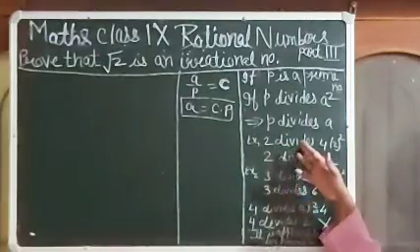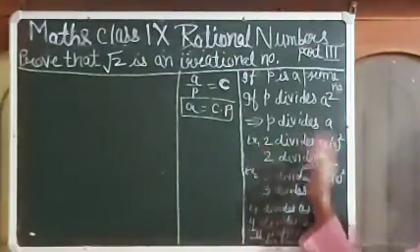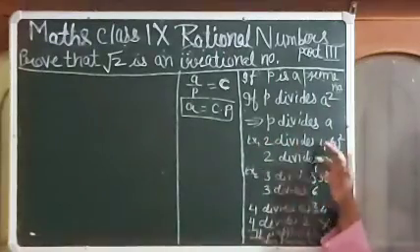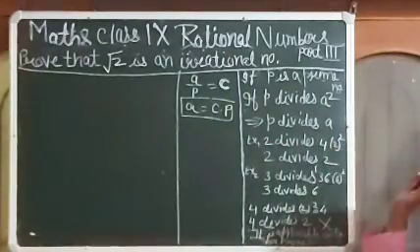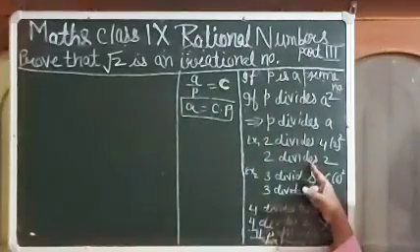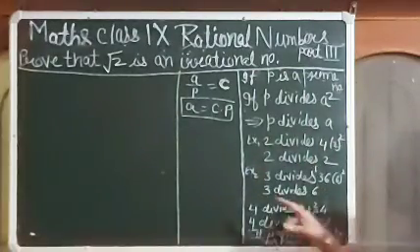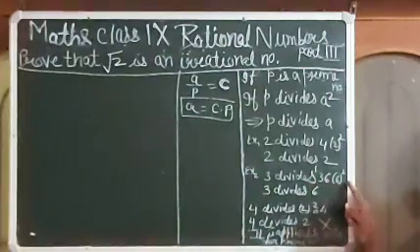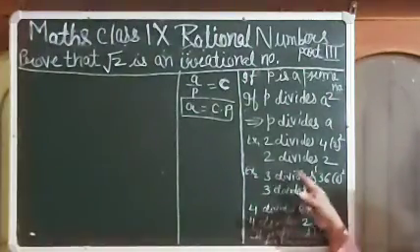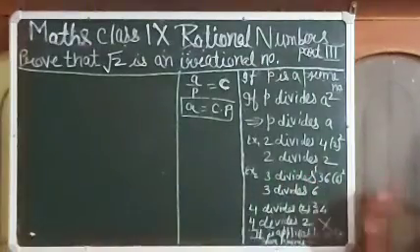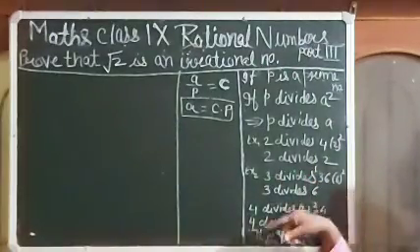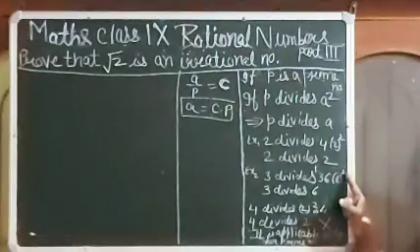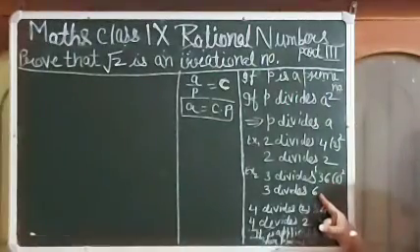That is the theorem. How? See, 2 divides 4. It means 4 is divisible by 2. And 4 means what? The square of 2. So 2 also divides 2. Now see here, 3 divides 36. 36 is the square of 6. When you divide 36 by 3, your answer is 12. And 3 also divides the square root of 36, which is 6.